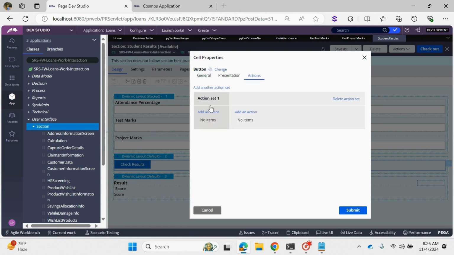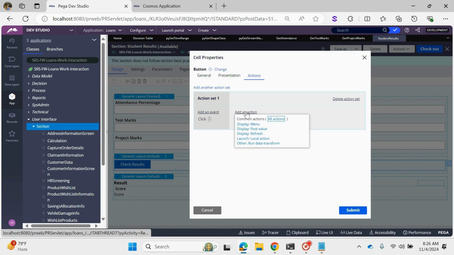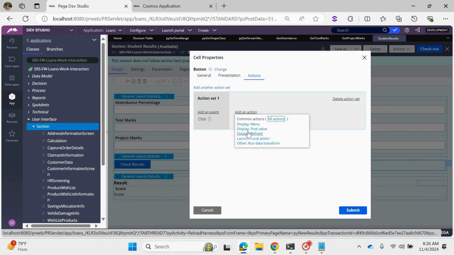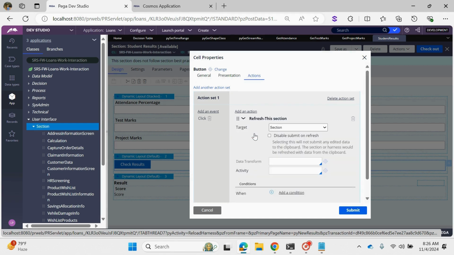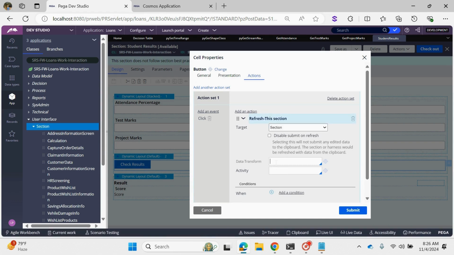All right, on click of this button, the event is going to be on click, and the action is going to be taken as the result. So let's consider the result as a decision table directly we can take, or else we can directly use the refresh condition and call a decision table here. Let me take a decision table like